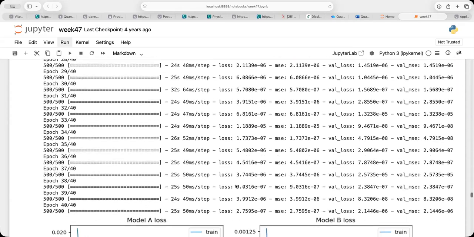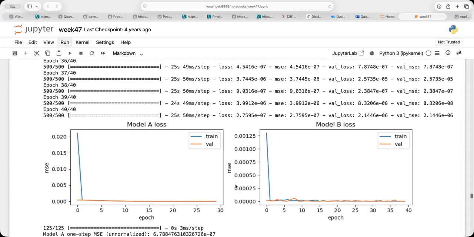And you would see then that if we go down here, model A and model B show a pretty good, actually the model A, which had a sequence length of 1, is actually doing a better job than model B, which had a sequence length of, what was it now, 20? Yeah, I don't remember. So in this specific case, you would actually opt for this model here, which was even simpler.